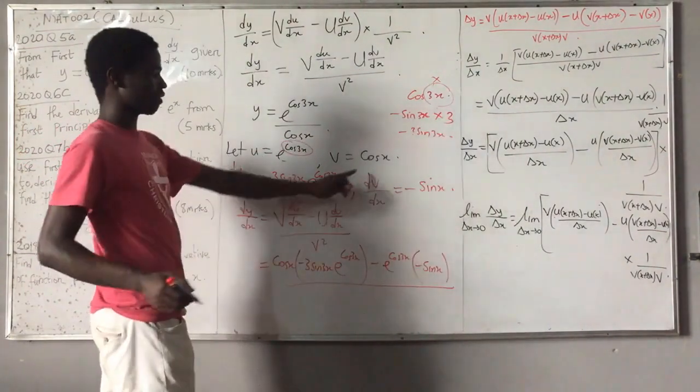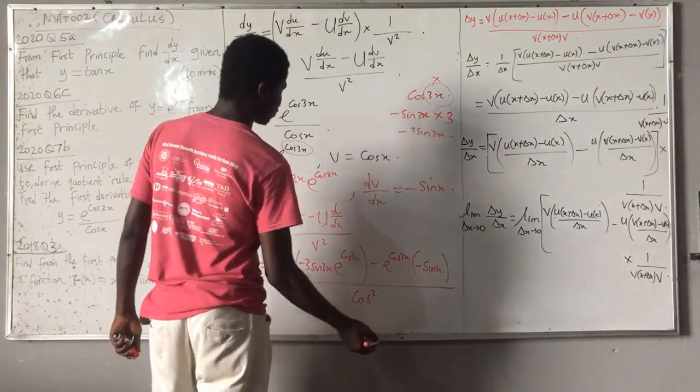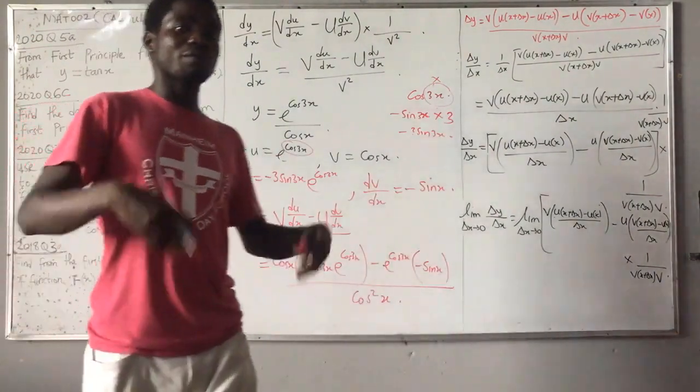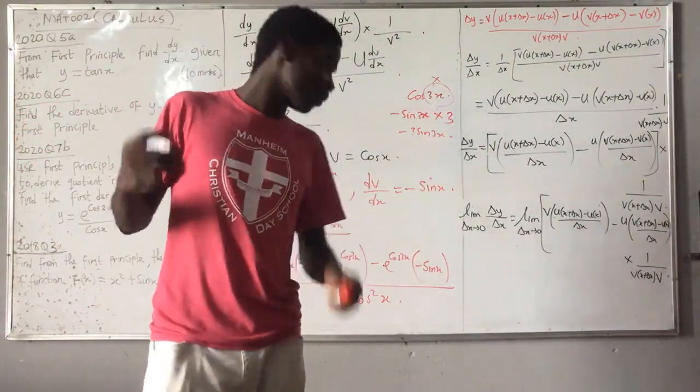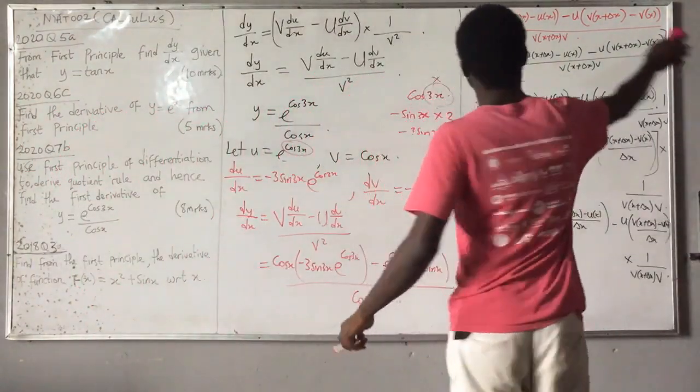All over v squared. V is what? Cos x. V squared is cos x all squared, which is the same as cos squared x. Now to finish this one,